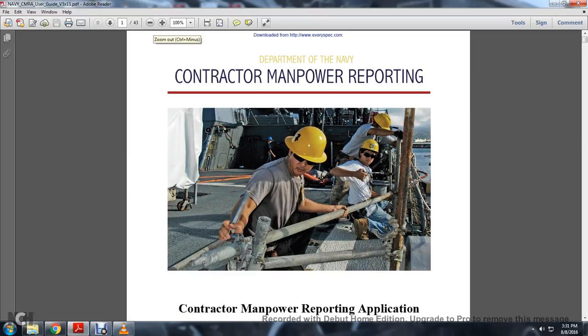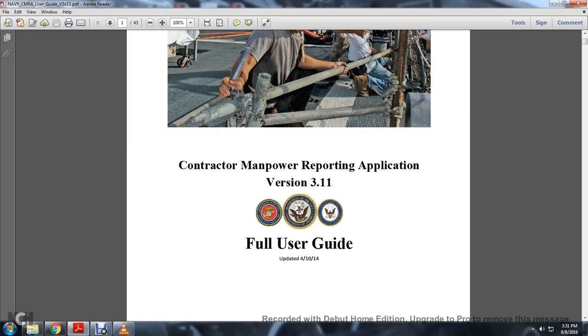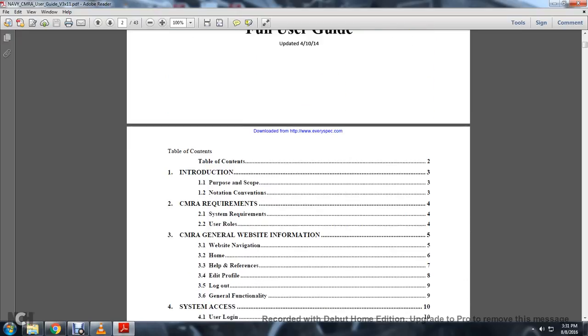Downloaded from everyspec.com. Department of the Navy Contractor Manpower Reporting Application Version 3.11 Full User Guide. Introduction, Purpose and Scope, Notation Conventions,